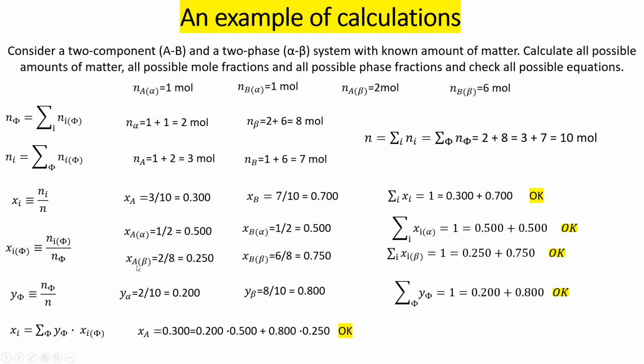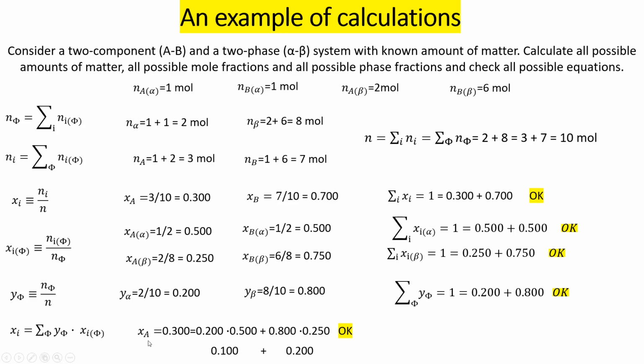Now XA beta is 0.25. Okay, 0.2 times 0.5 is 0.1. 0.8 times 0.25 is 0.2, because 0.25 is 1/4, and 1/4 of 0.8 is 0.2. Now if you add 0.1 plus 0.2, you indeed get 0.3, so this material balance equation is